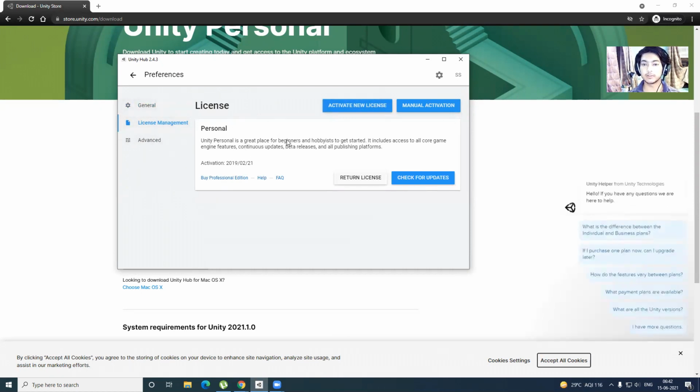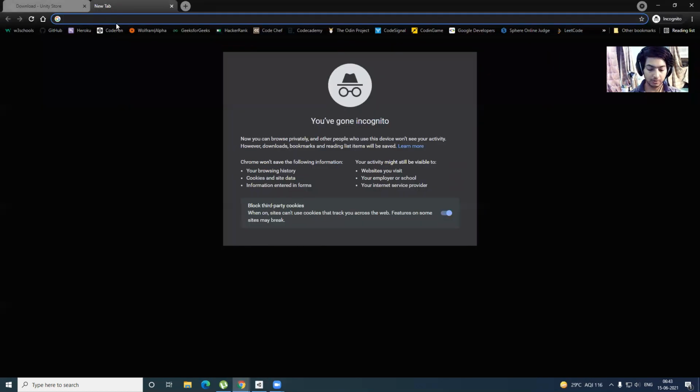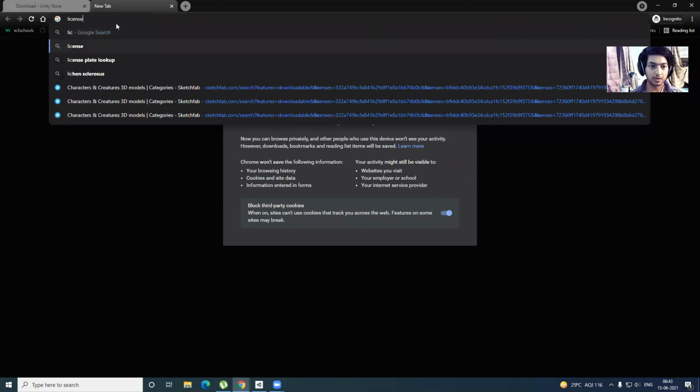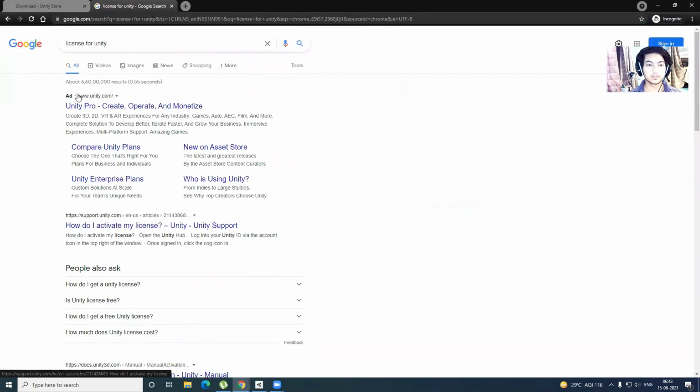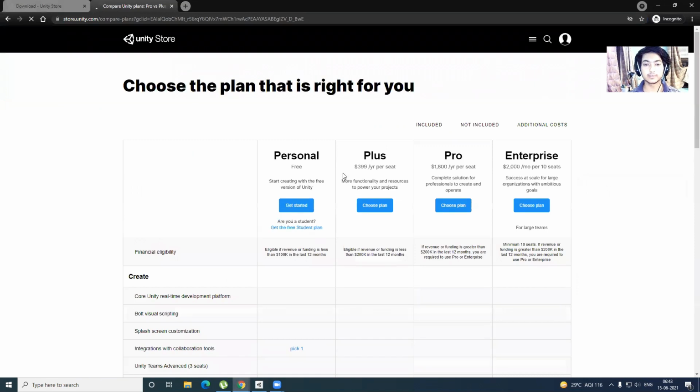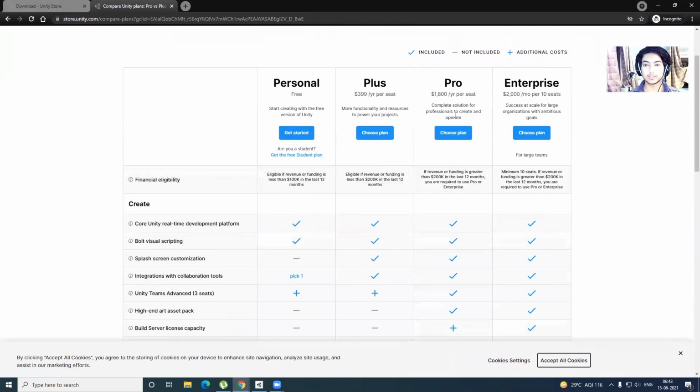You have to make a personal login ID for yourself on Unity. There are multiple licenses: we have a personal, a plus, a pro, and an enterprise. The remaining three are for the bigger companies.